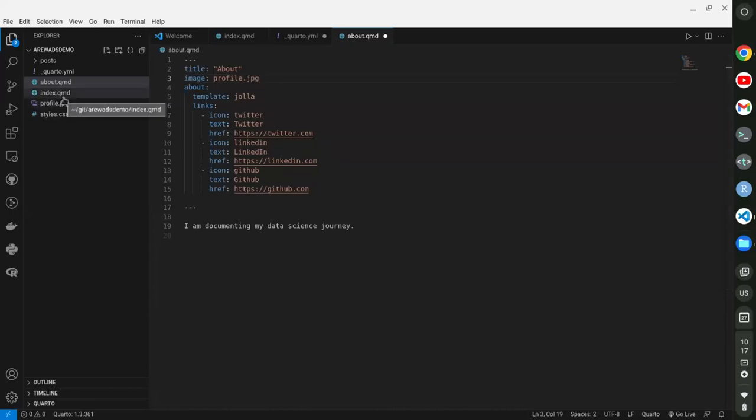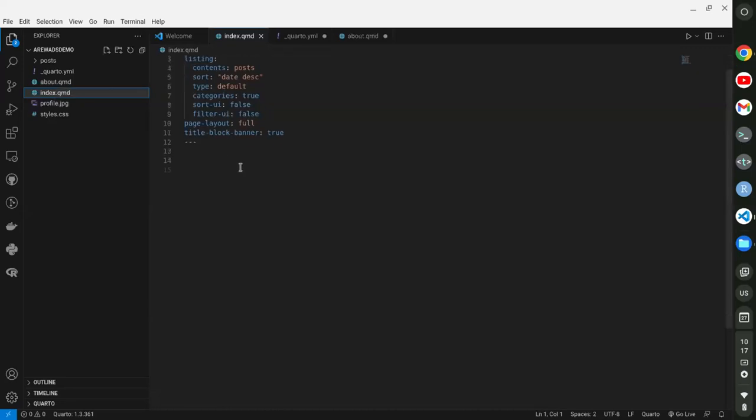And then the next thing is the index.qmd. So this index